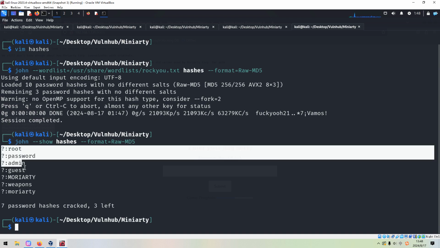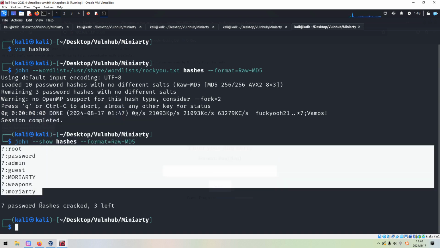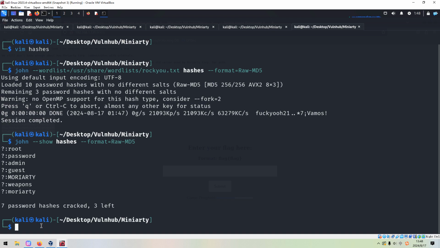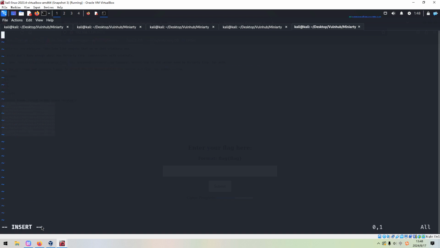So how to do? We can copy, and we can use Vim, password, and I think we need to remove.